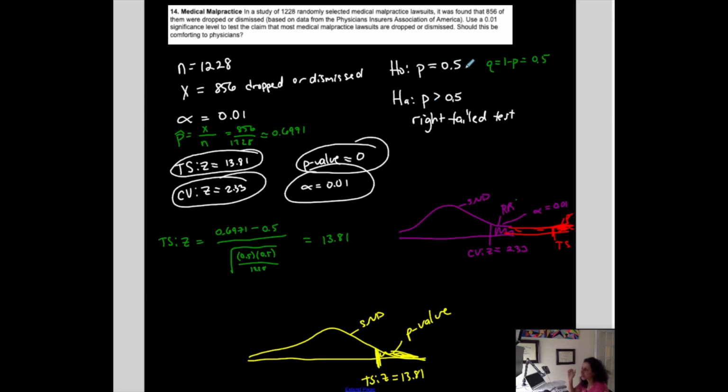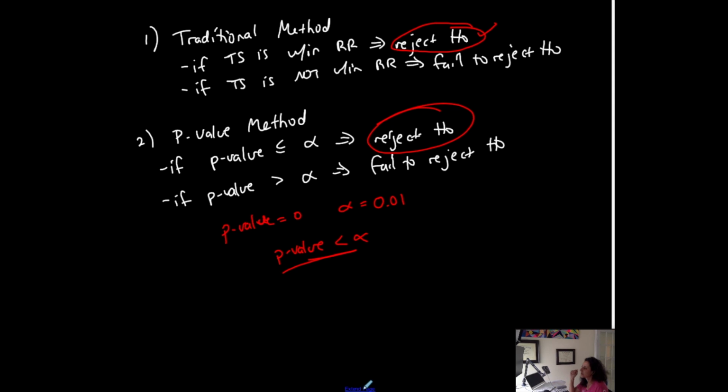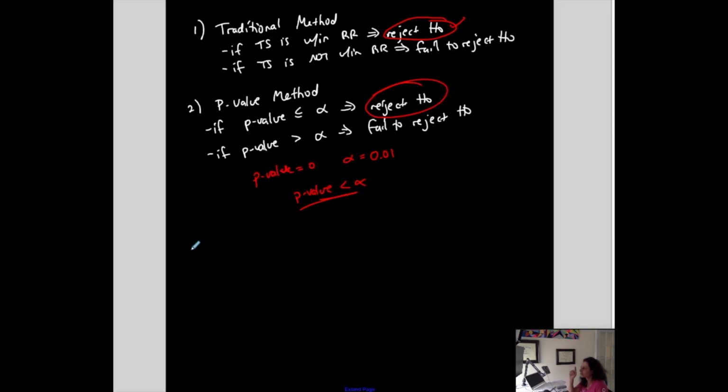If I am rejecting this, imagine like I'm rejecting it, therefore I'm supporting this. So let me write that. If I reject the null, there is sufficient evidence to support the alternative, which is the claim